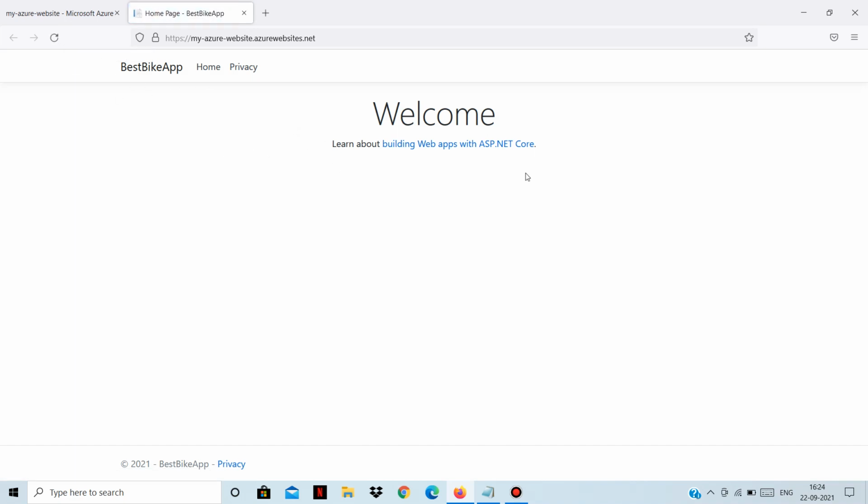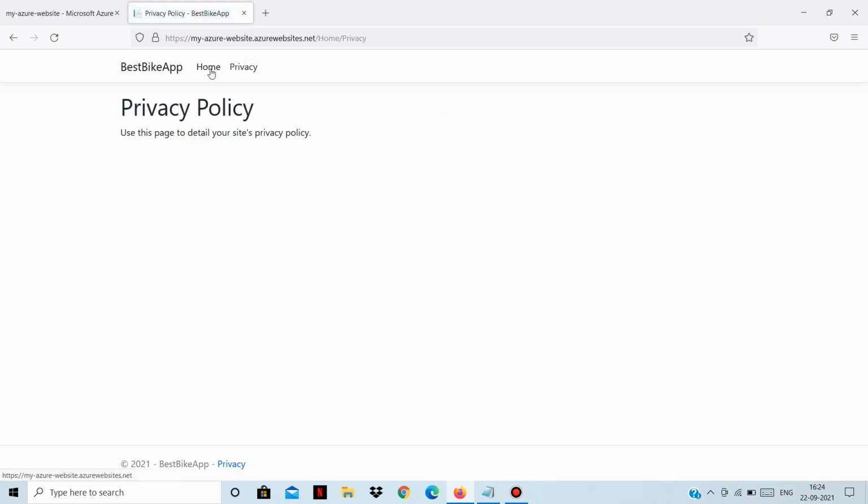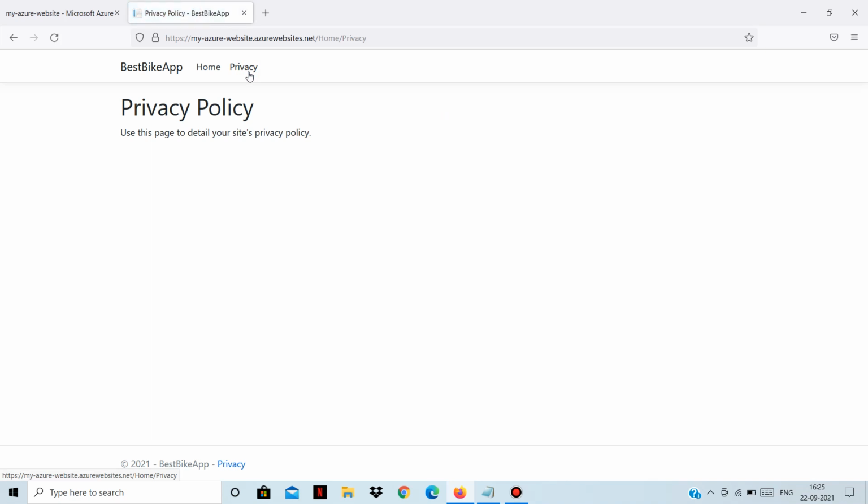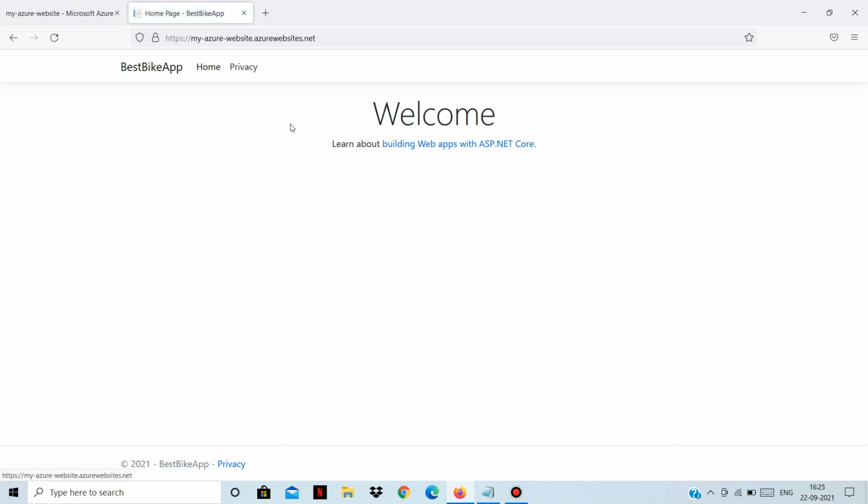As you can see, our default web application has been successfully replaced with our new web application, which we deployed using the zip deploy method. So this is how you can actually do that, and there are various other methods also, like I have already mentioned. You can make use of automated deployment or manual deployment. These are all the different methods given by Microsoft Azure, which you can use to deploy your own web application. So we have seen how we can deploy our own web application using the zip deploy method.